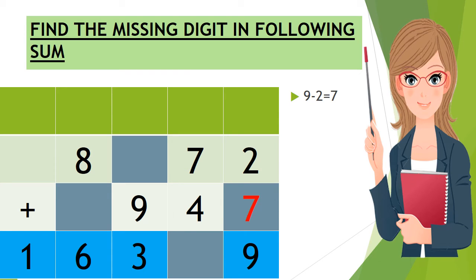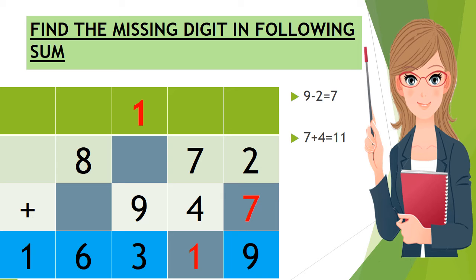Now in the second place, the tens place, 7 and 4. The 2 addends are already known to us. No carryover is there because 7 plus 2 is 9 only. So 7 plus 4 we simply have to add, which is 11. So what we will do? 1 we will carry to the next place value, the hundreds, and 1 we will write in the sum column. So 1 as carryover and 1 in the blank column.